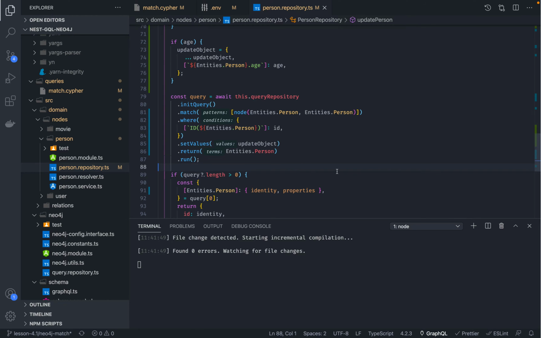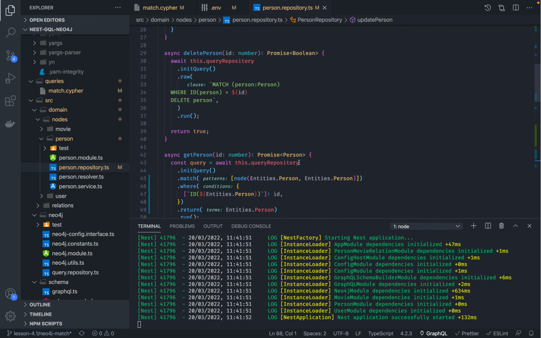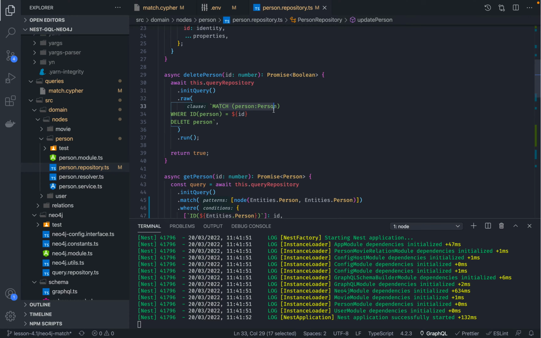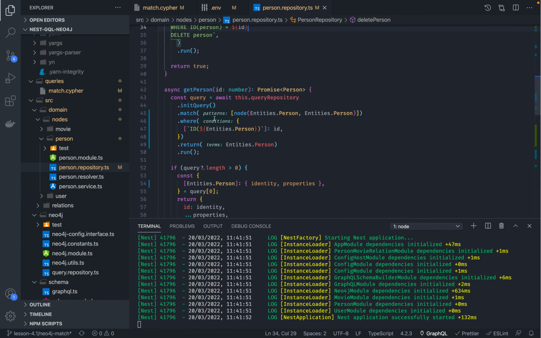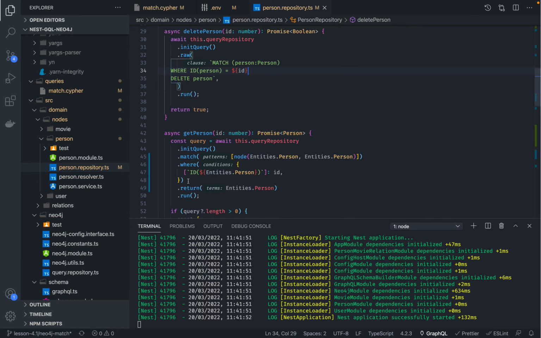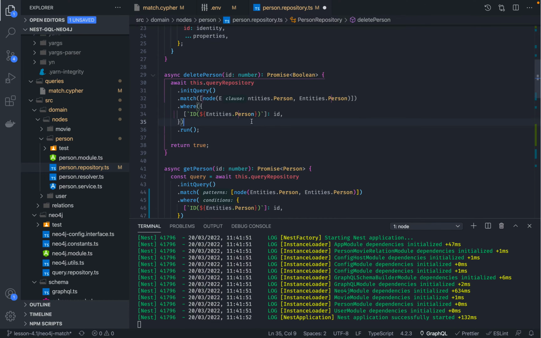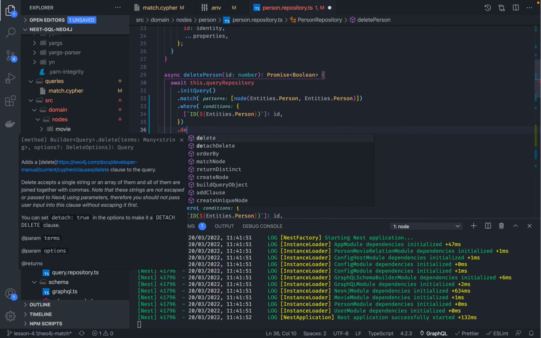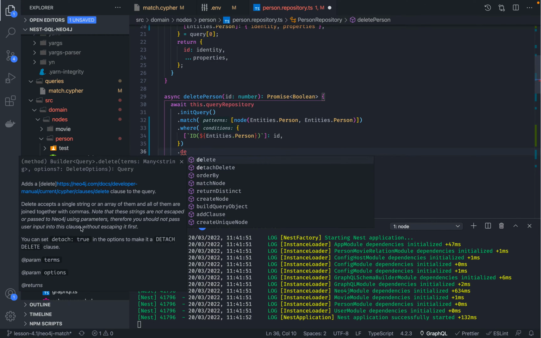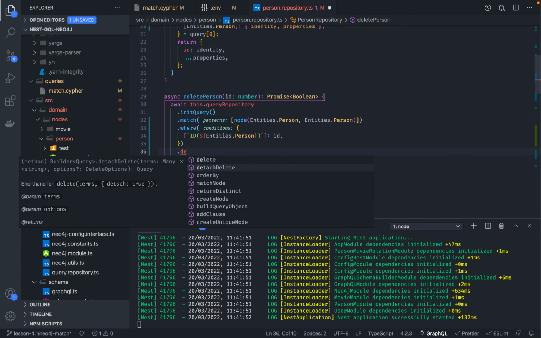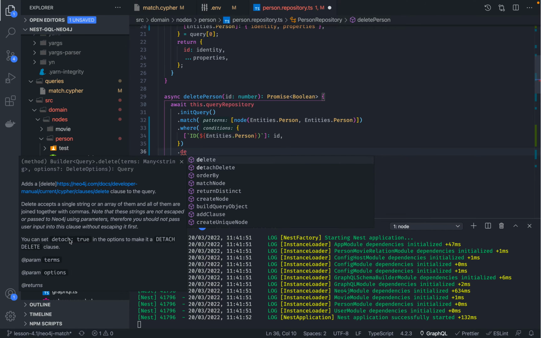And now let's update the final bit, which is delete. So once again, we're matching and finding where. You can try to do it yourself if you would like. You can pause the video and try to write it on your own and then check if your result matches mine, or maybe you can find a better solution. Nevertheless, let's write the delete. Let's see what we need to provide in it. There is also detached delete. Nevertheless,